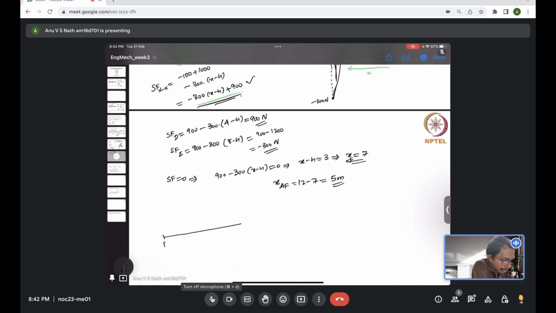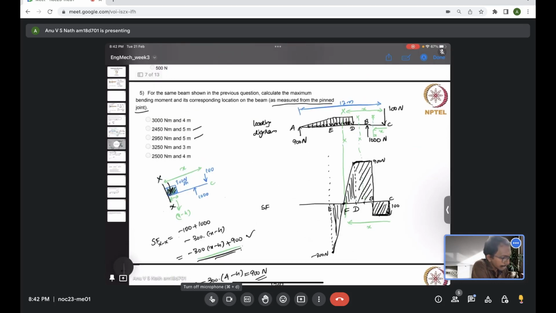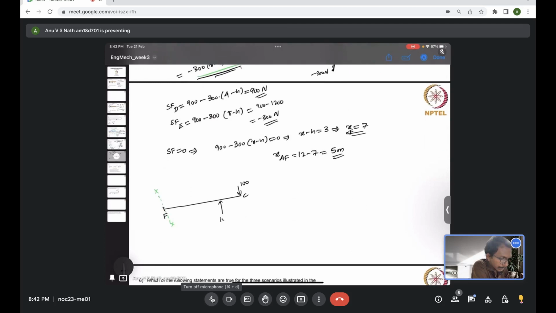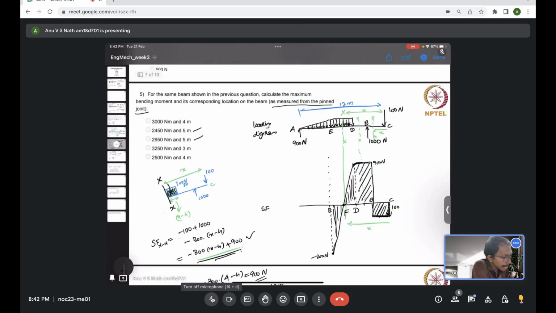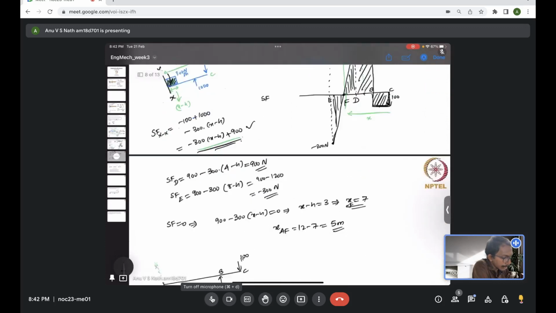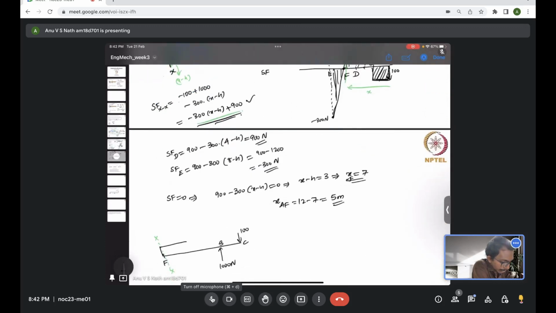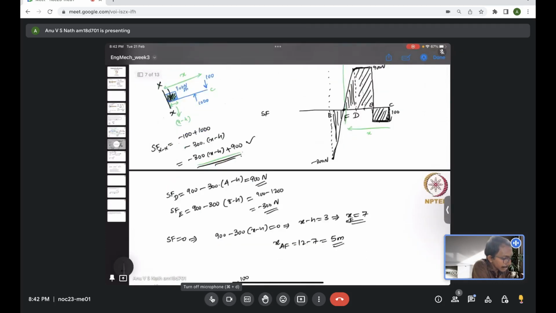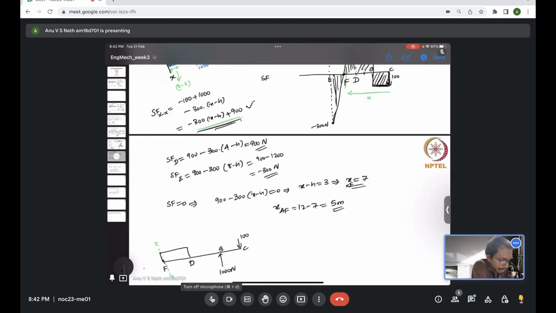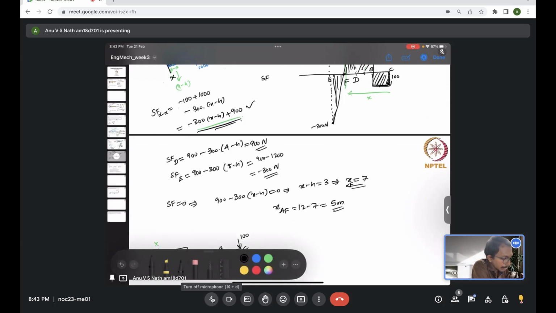So now we are considering the point F, and the section x-axis now passing through the point F. The loads acting are 100 Newton acting here at the end C, then 1000 Newton is acting at location B, then there is a UDL acting, which is supposed to act starting from D until E. So this is the E location, but because we are taking a section which is somewhere between E and D, we only will have that much of contribution on the right hand side of the